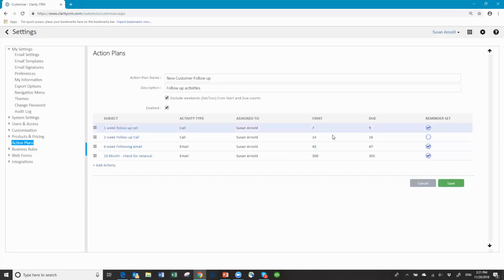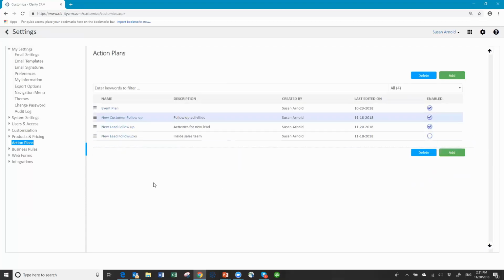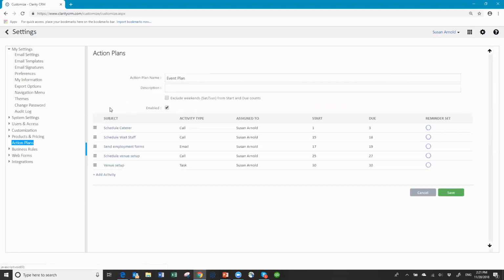So again, I put the number of days out from the start of the action plan. And then depending on when the new customer comes on board, whatever day they come on board, I apply the action plan, and it's going to drop these activities in, and I will have them pop up at the appropriate time. So you can do that with new customers. Another one here, this is thinking a little bit differently. I have one here called Event Plan. And this one,